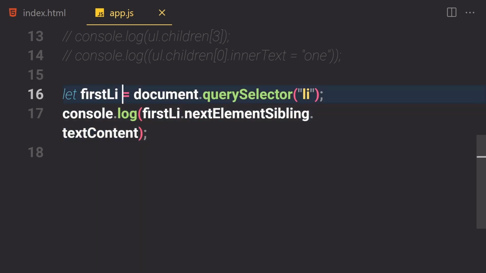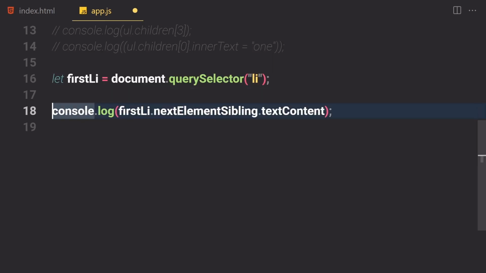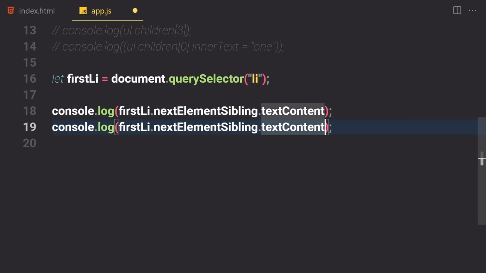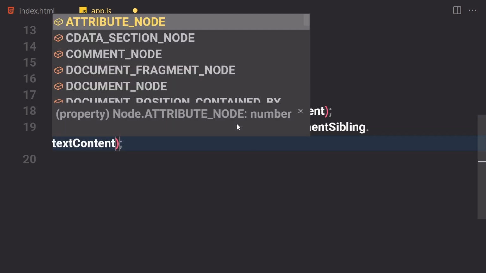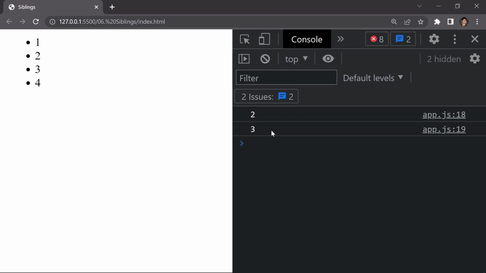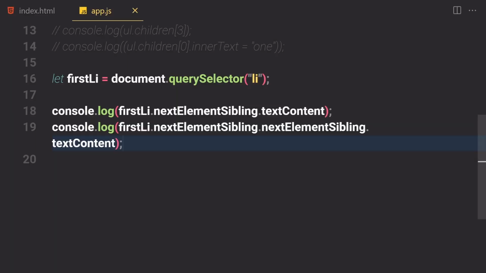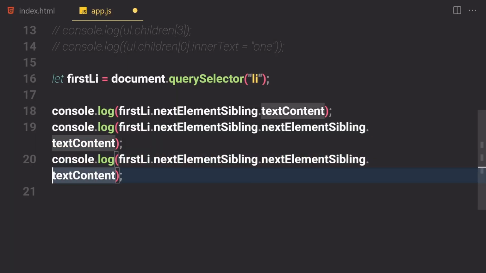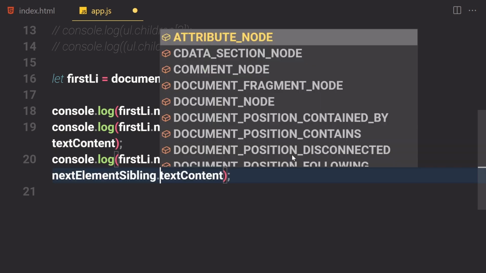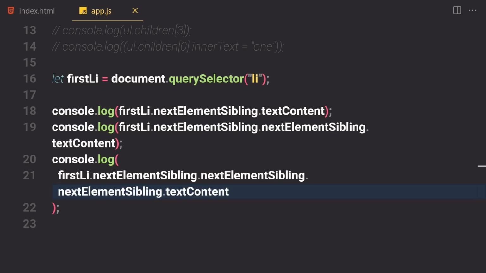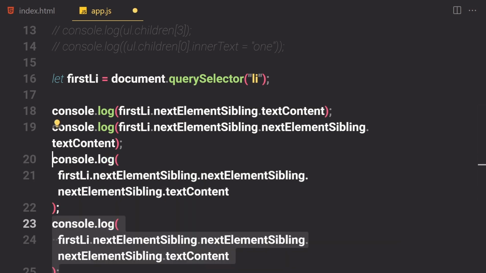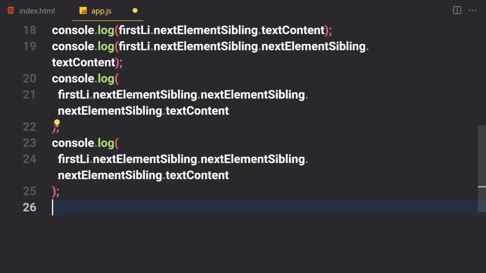So I'm gonna hit enter right here, zoom out a bit, and duplicate that. And now let's just use this nextElementSibling one more time and just write a dot in there, save it, and it will now give us 3, and the list will go on and on. I wanted to show you everything, but you don't have to go that crazy. Okay, so save it. It will now give us 4, but if you try to access this one more time,